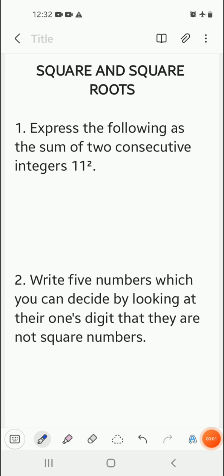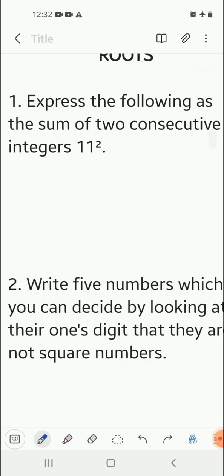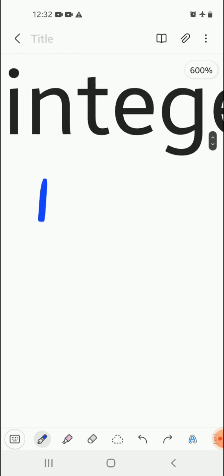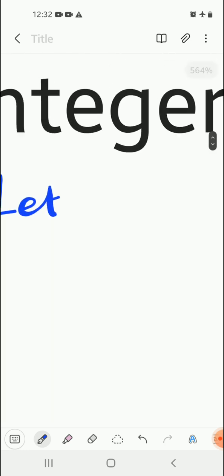Today's topic is square and square root. We're going to express the following as the sum of two consecutive integers, and the number given to us is 11 square. Over here, we can say that let the consecutive integers be